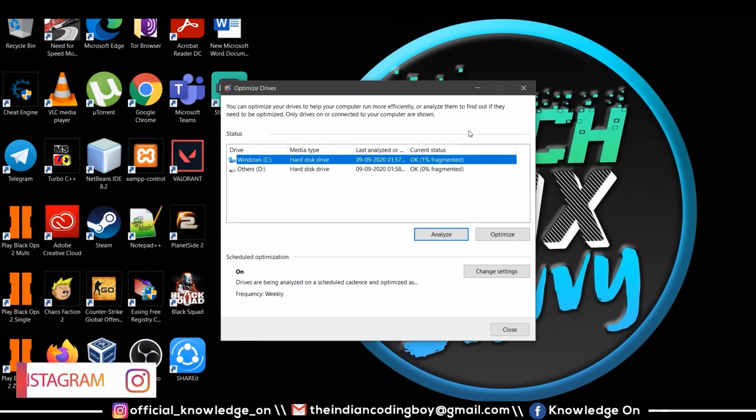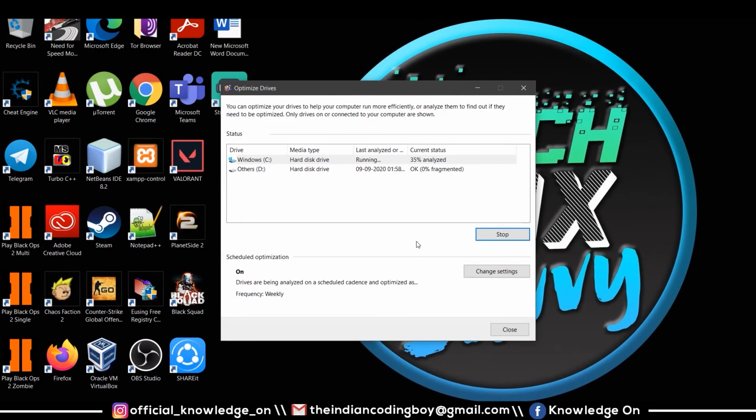But doing this defragmentation will order the files back in their place, and when you try to open the application again, the traversing time will be reduced, and so these files will open up very fast.